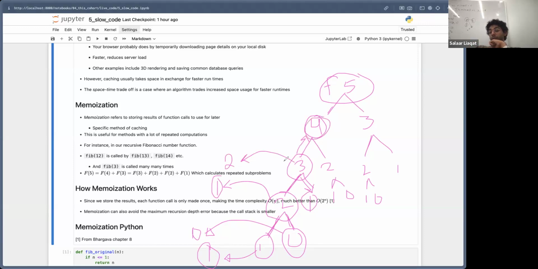4 now needs to calculate 2 plus the Fibonacci of 2, which we've also stored right here. So we will add these two up and we will return 3. Now Fibonacci 4 returns 3 to Fibonacci 5. Fibonacci 5 needs to calculate Fibonacci 3, which it can do by just reading our memoized value. So then we get 3 and 2, which we add up and get 5. So the benefit,